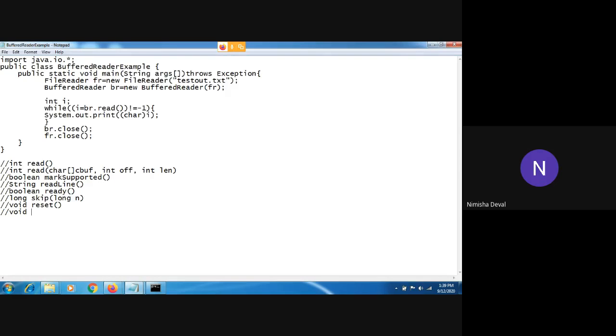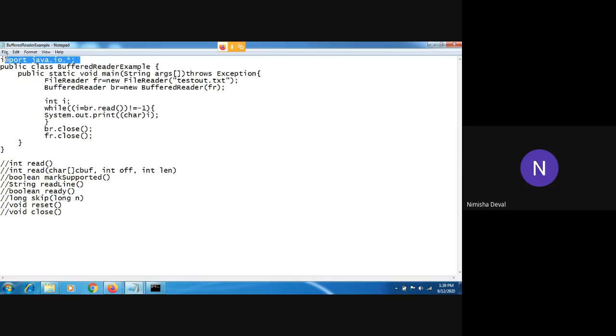We have to close that buffer after using it. So this is one method you can use in your program. These are the few methods which we require frequently, and the constructors. We will move towards our program so you can understand it.